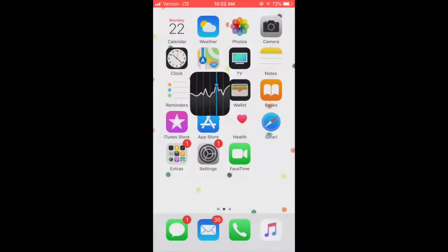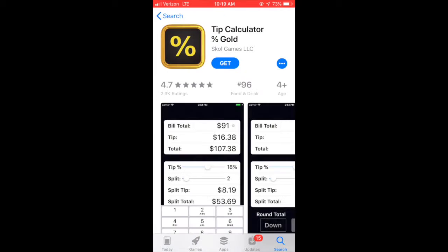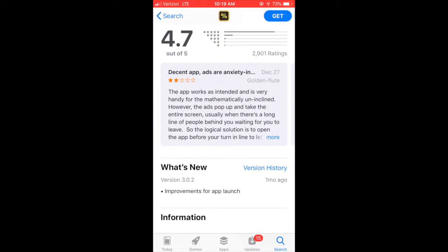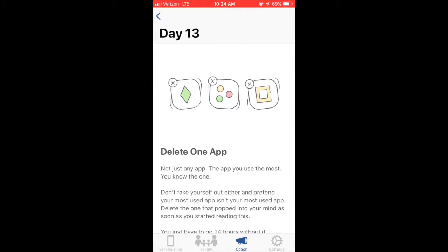I didn't realize that apps are literally for everything. I even found an app deep in my extras in my home screen that showed me how to calculate tips. I have no idea where this came from, why I had it, and why it was in my extras on my home screen. After reading that people use around 10 apps a day, I decided to take the opportunity to